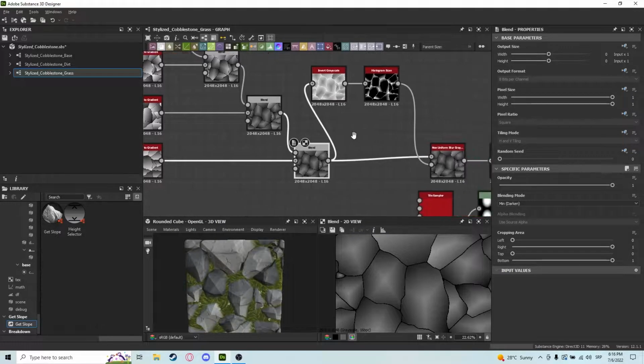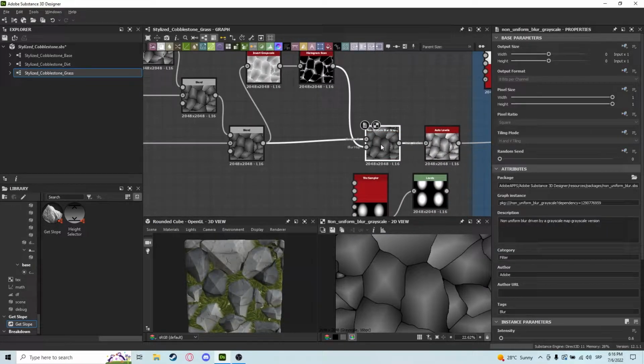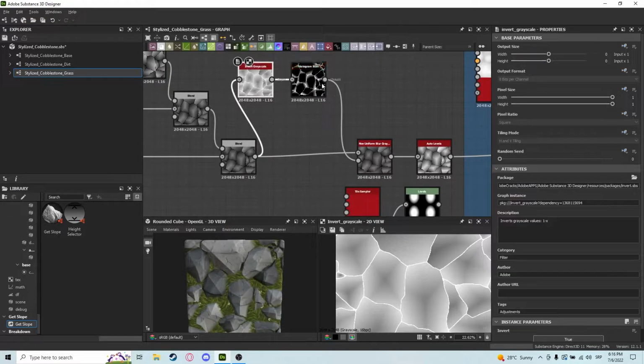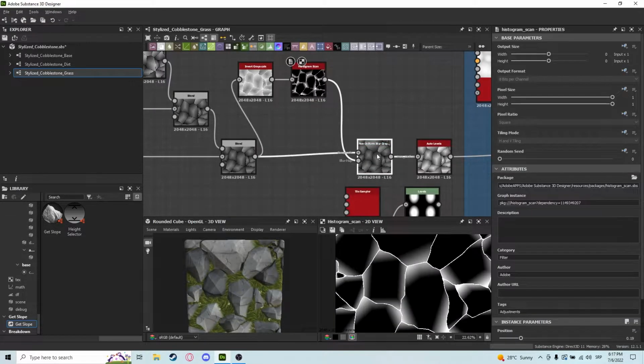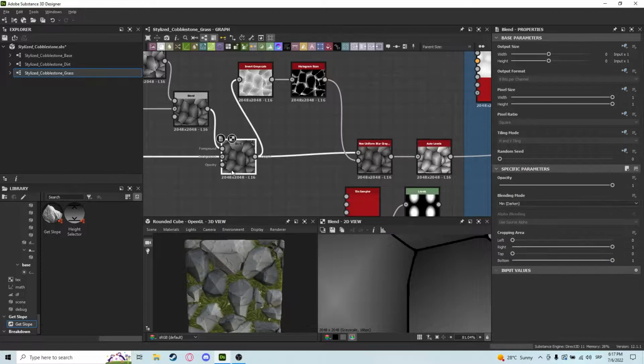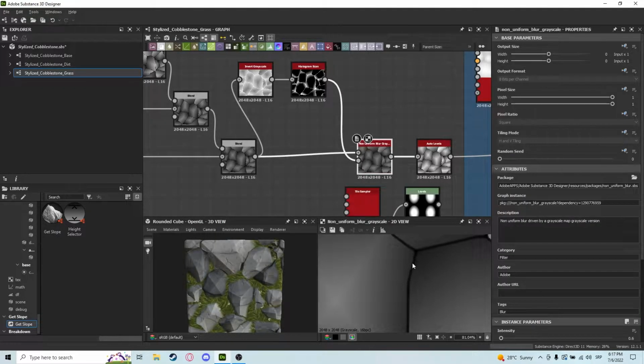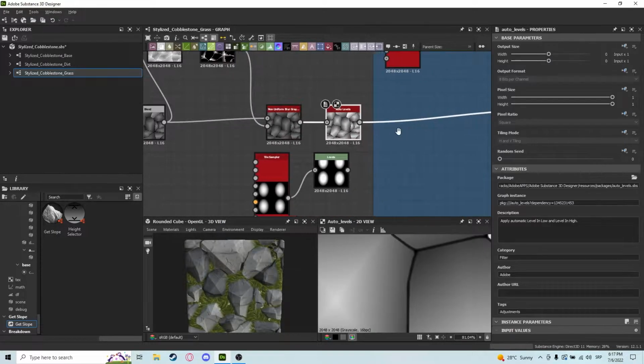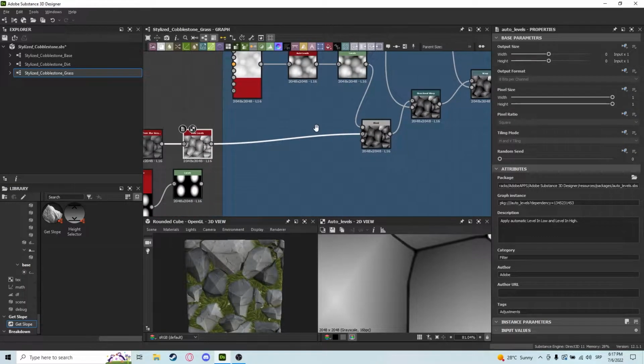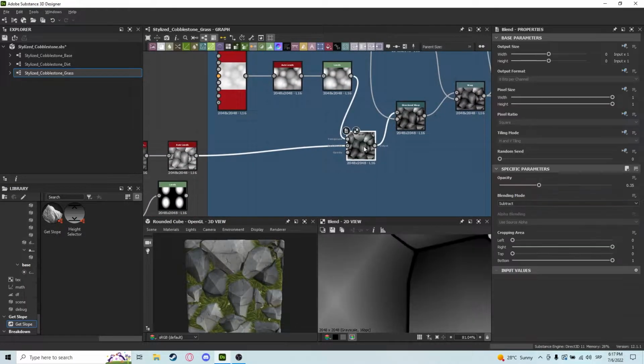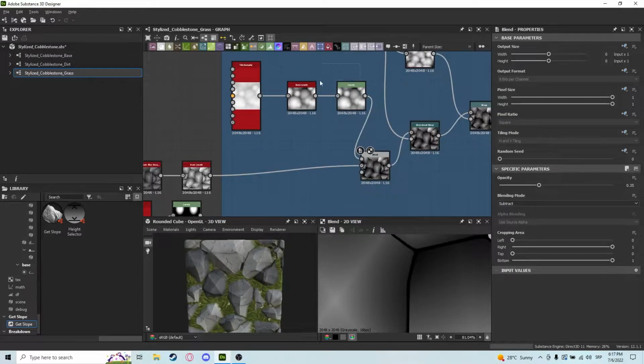And after that we are going into a non-uniform blur with our invert grayscale and histogram scan. So it's just to fix up the edges a little bit, as you can see, just to blur them a bit. After that we're going to go into auto levels, and after auto levels we are subtracting this tile